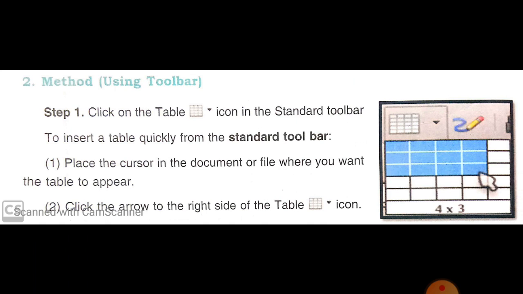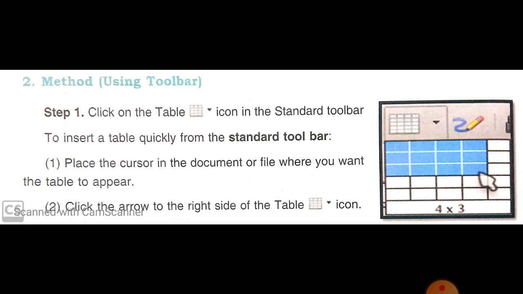Press it to insert a table quickly. Step 2. Place the cursor in the document where you want the table to appear.